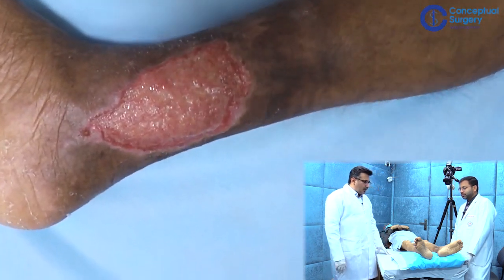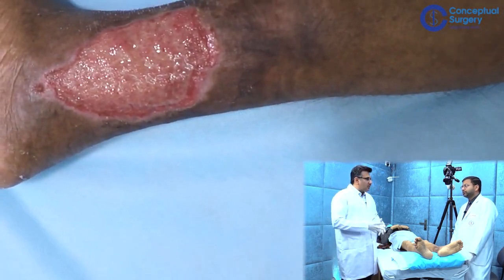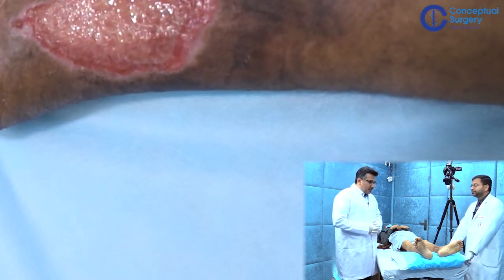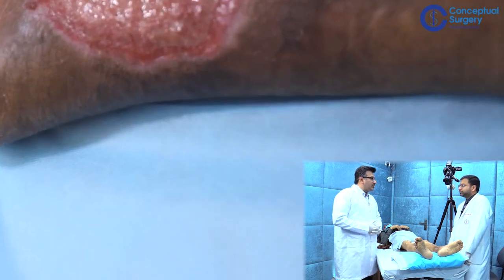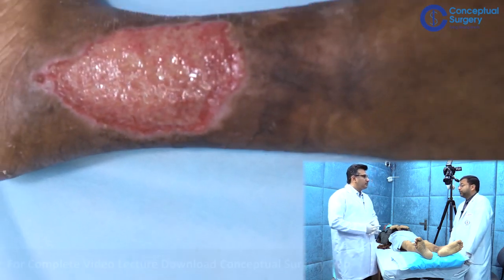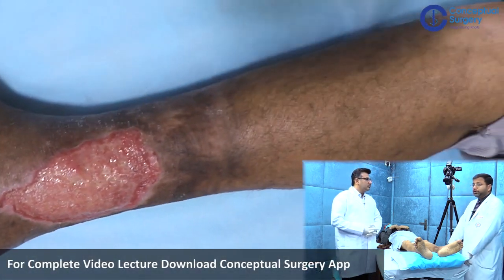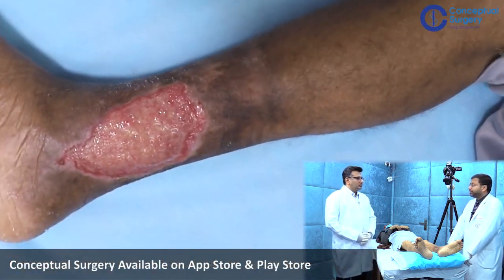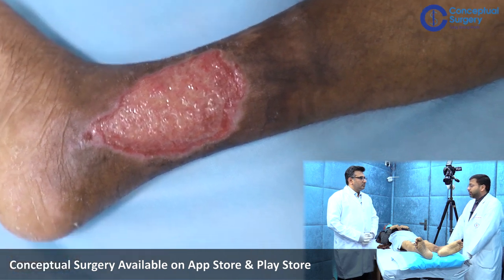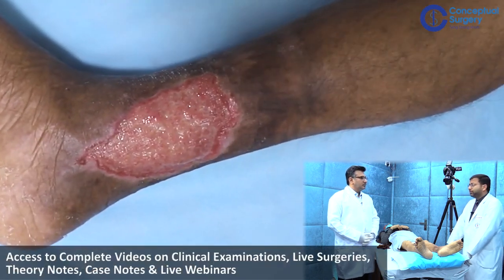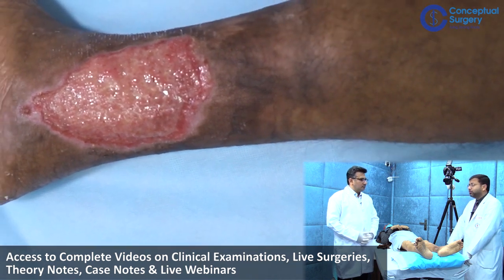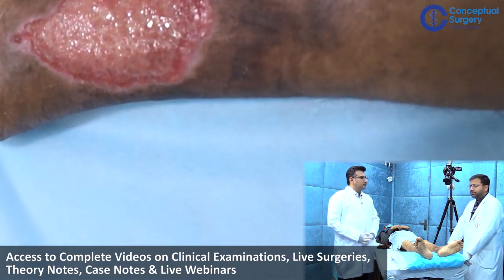So Dr. Vivek, what are the salient features a student has to look for before he examines a female patient? What are the prerequisite criteria? Yeah, Professor Gandhi, a very important thing we should all remember is that whenever you examine a patient, you have to take consent. If a female patient is there, you have to ensure that there is a female chaperone around you. It is a mandatory requirement.